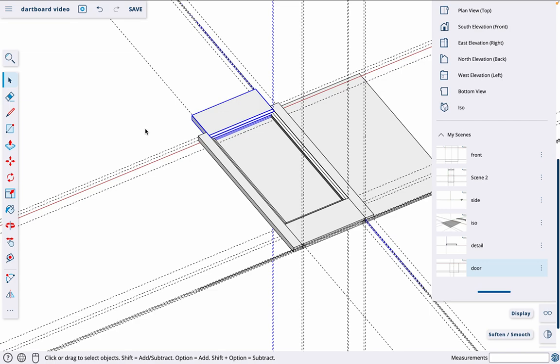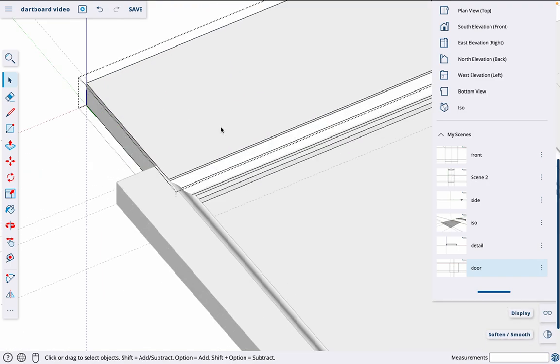Now we're not going to use the resize tool. If we use the resize tool at this stage, it will change the proportions of the profile. What we're going to do is we're going to put a guideline in here and cut off the excess. In this case, we want this to be 45 millimeters wide. So we're going to double click on it. We're going to zoom in. We're going to put a guideline from